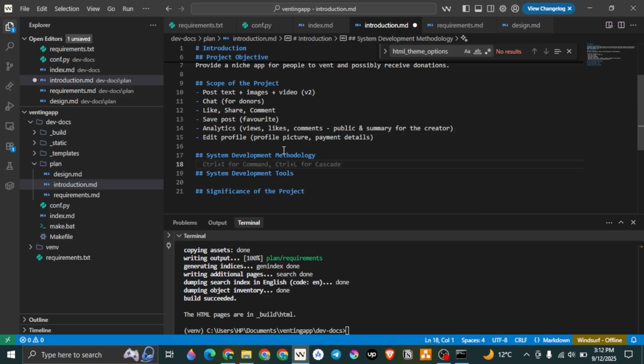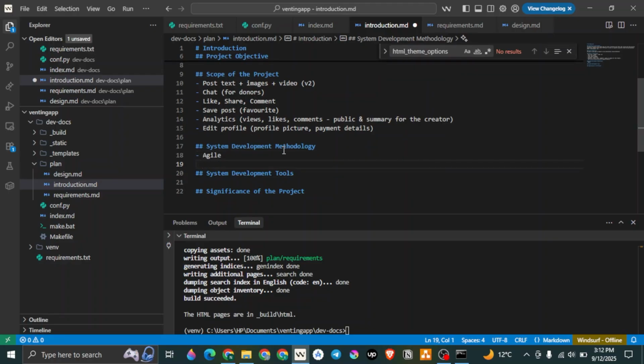So the methodology, we're going to use agile, but we also want it to be somehow like a staged delivery. It's not really a huge project, but I want to do a lot of planning and analysis beforehand, so I can say similar to staged delivery, and that would be initial planning,